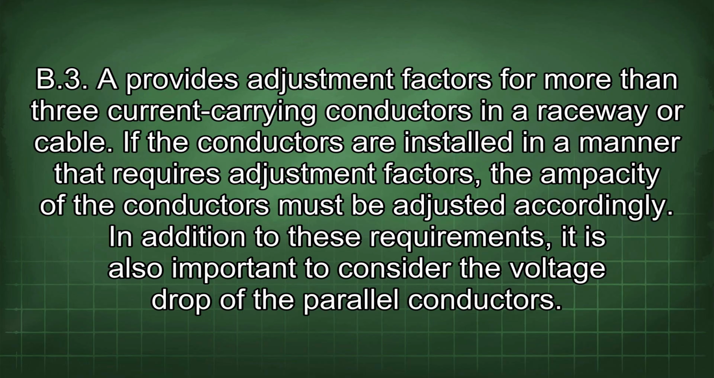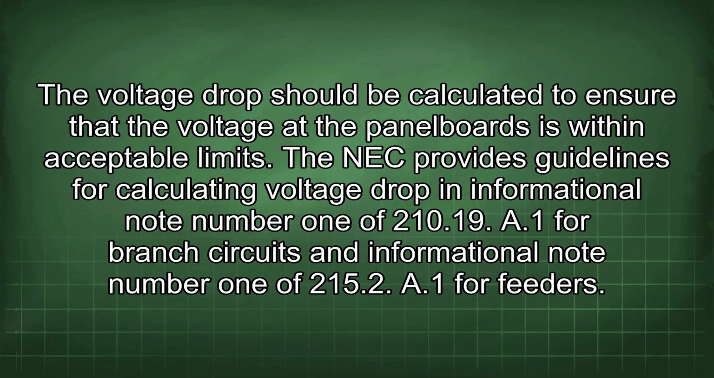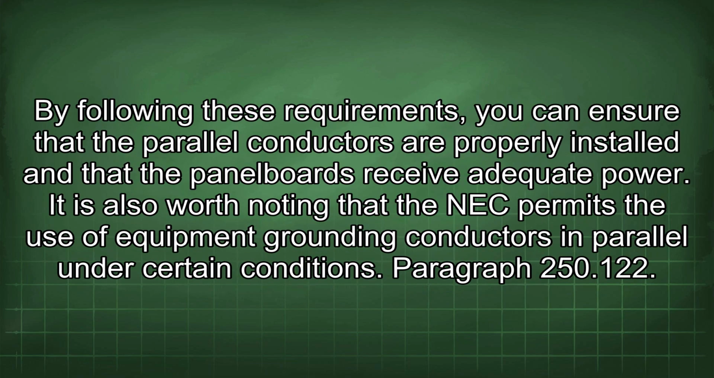accordingly. In addition to these requirements, it is also important to consider the voltage drop of the parallel conductors. The voltage drop should be calculated to ensure that the voltage at the panelboards is within acceptable limits. The NEC provides guidelines for calculating voltage drop in Informational Note Number 1 of 210.19(A)(1) for branch circuits and Informational Note Number 1 of 215.2(A)(1) for feeders. By following these requirements, you can ensure that the parallel conductors are properly installed and that the